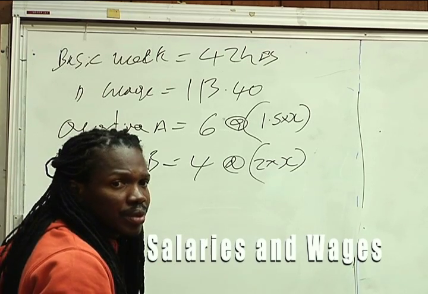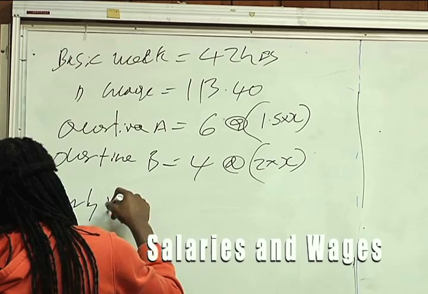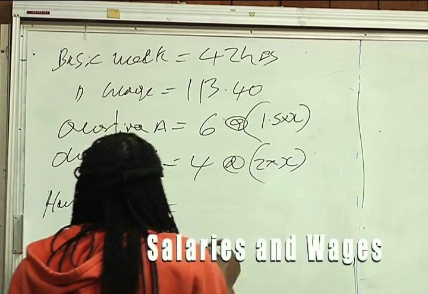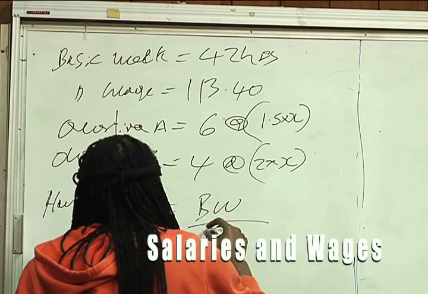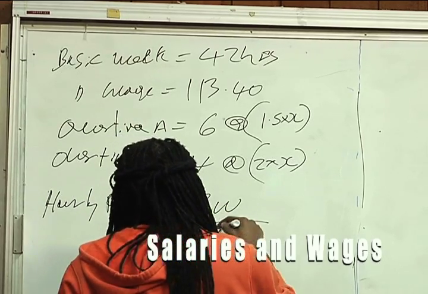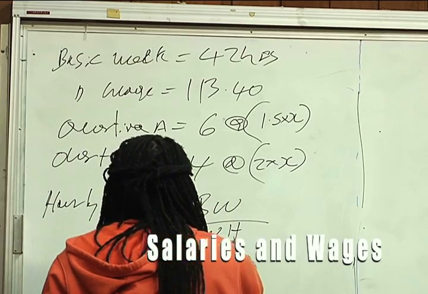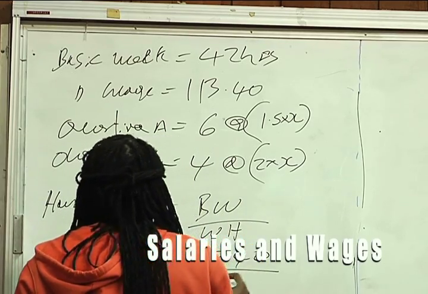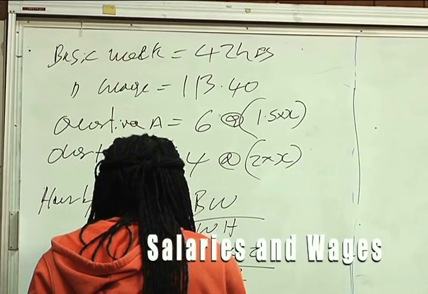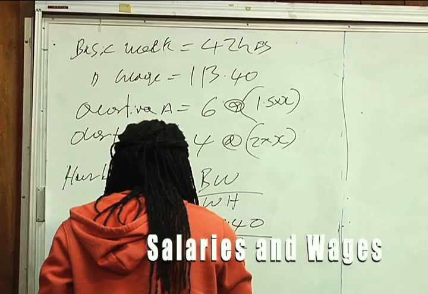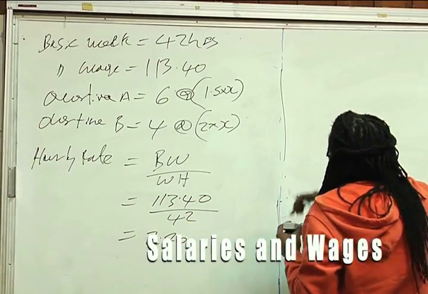What else do we know? We don't know anything else, but we can find his hourly rate. Hourly rate is equal to his basic wage over weekly hours, which is 113.40 divided by 42, equal to 2.70. Because we know that, then we can work out overtime